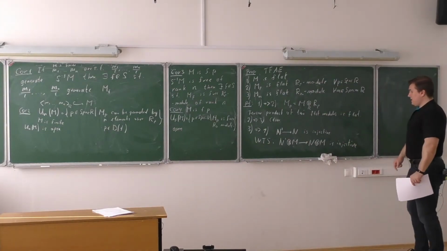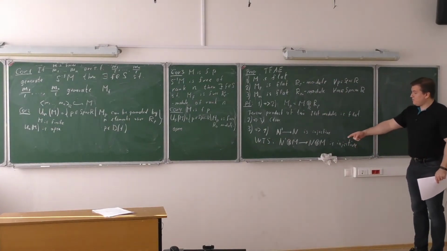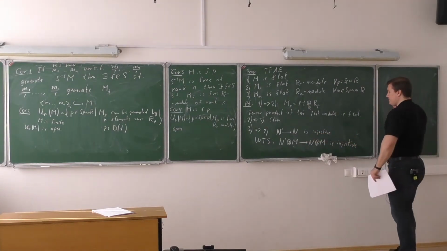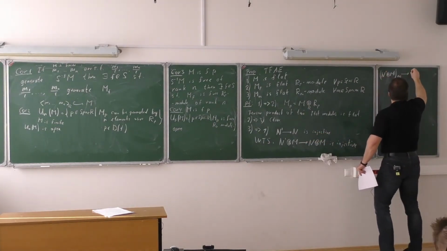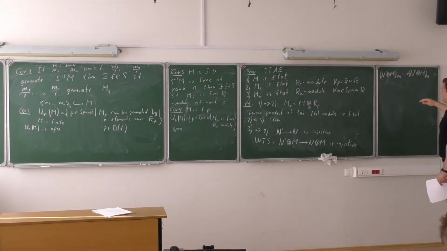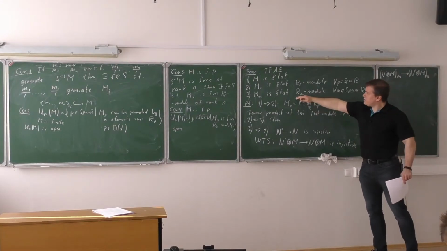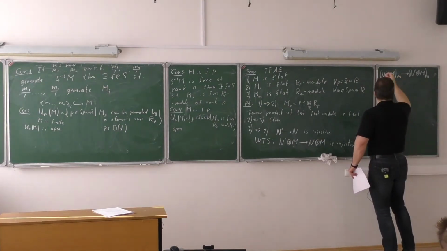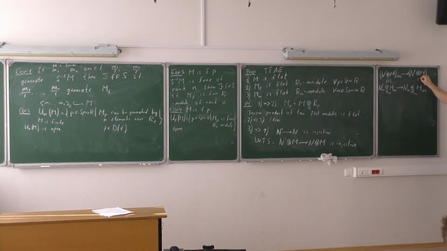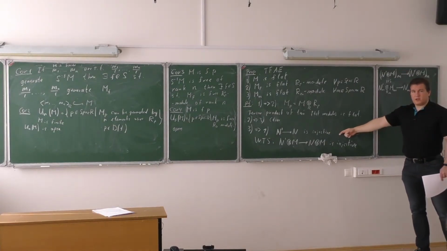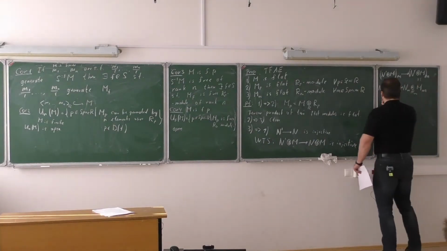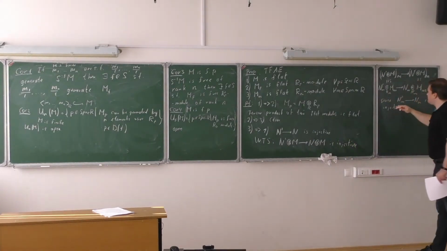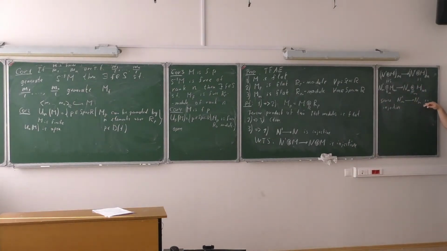Now I know that I can check injectiveness of any map of modules by localizing at maximal ideals. So this is injective if and only if all its localizations are injective. This is already good enough information because we know something about localizations at maximal ideals. First notice, as you know, that the localization of the tensor product is the tensor product of localizations. That again was a general property that we proved when we discussed localizations. Now, if this is injective, then any localization at a maximal ideal is still injective, because localization preserves exactness, so in particular it preserves injectiveness.